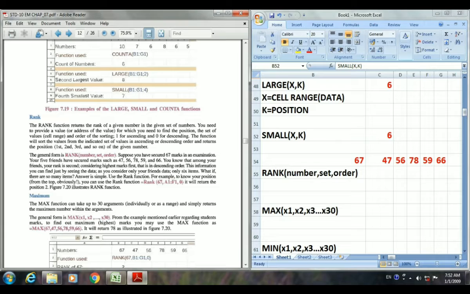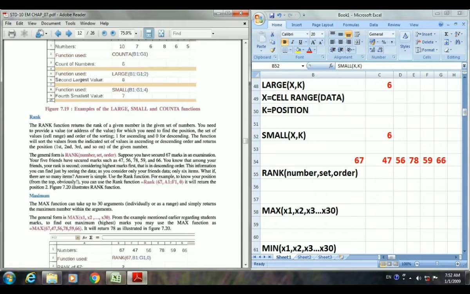Here we need to provide a value, our cell address or the value, anything you may provide, for which we want to find the position. Then the set of values, and then the order of sorting. So there are 3 arguments, students. First the number for which you want to find the position.